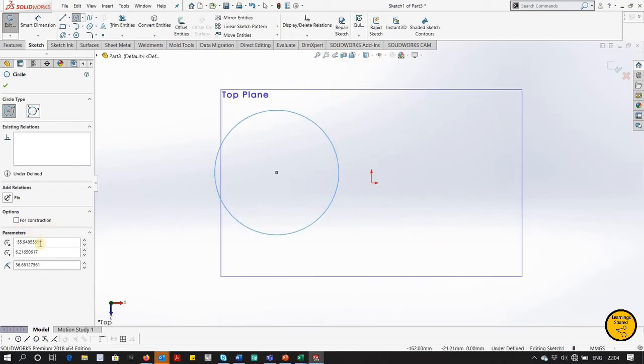Now below, you can see parameters. This is x, in x direction. If you want to move your circle in x direction, you can choose. See, it is going in the positive direction as you are increasing, positive x direction. And if you want to move your circle towards the negative, then you have to decrease it.